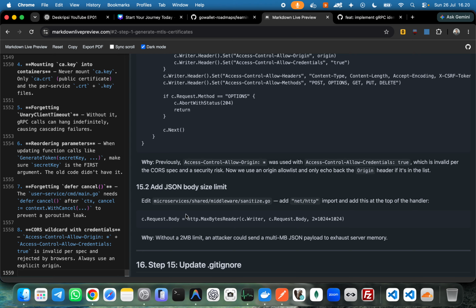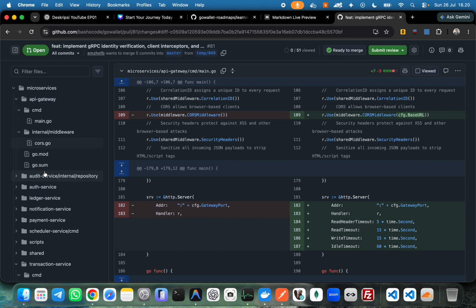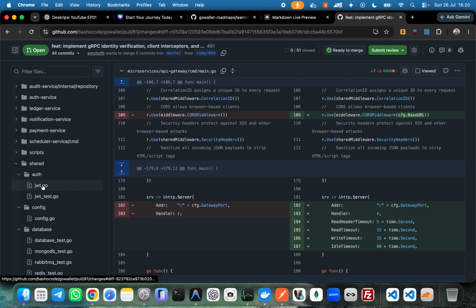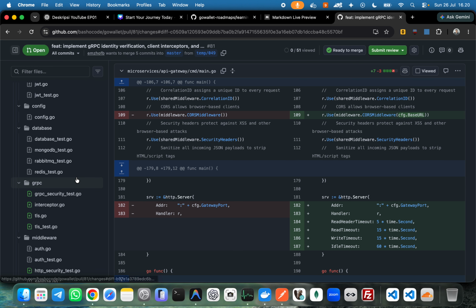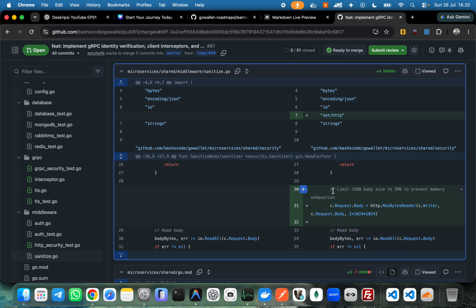And I think I need inside sanitize.go to have the max byte reader. So here is inside shared, in the middleware, I think sanitize.go to have limit JSON